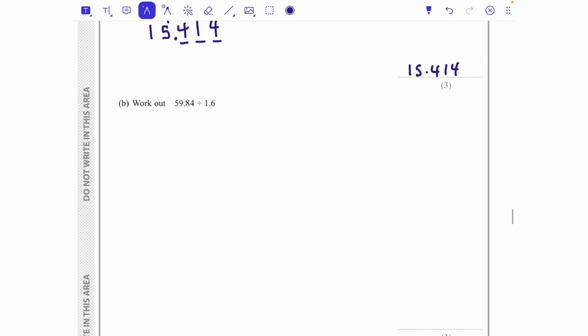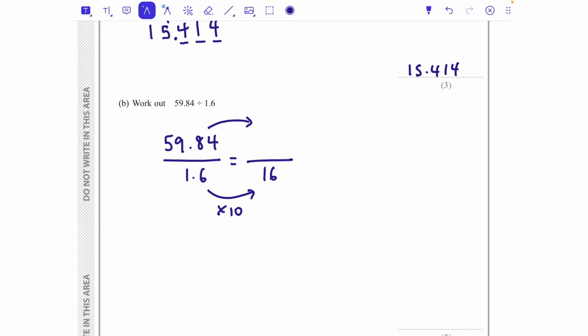Okay, part B says work out 59.84 divided by 1.6. Okay, so we're dividing by a decimal, which we don't love. So what I'd probably do is change this question. Now with a division, 59.84 divided by 1.6, I would use an equivalent fraction for this. So I would make the denominator 16. Now to do that, I've multiplied by 10. And as long as you times the top and the bottom by the same, then you're keeping the fraction equivalent and therefore keeping the question the same. So that's going to be